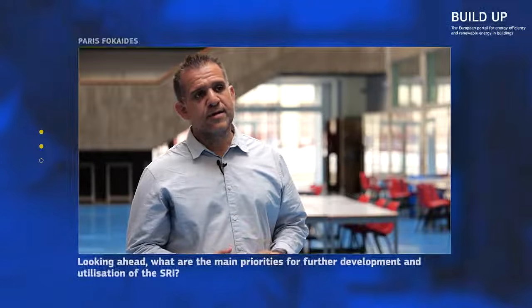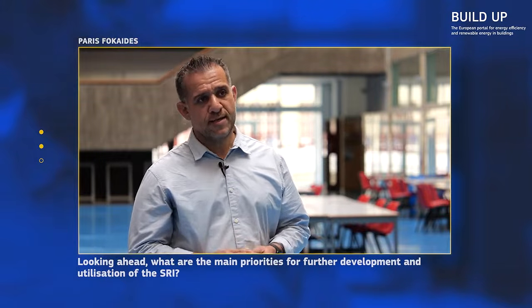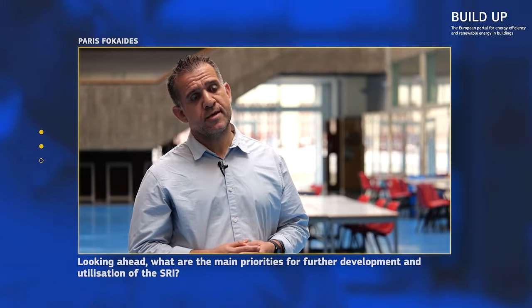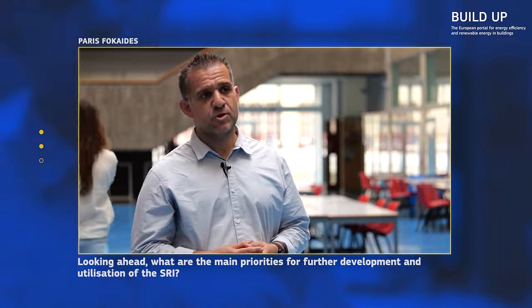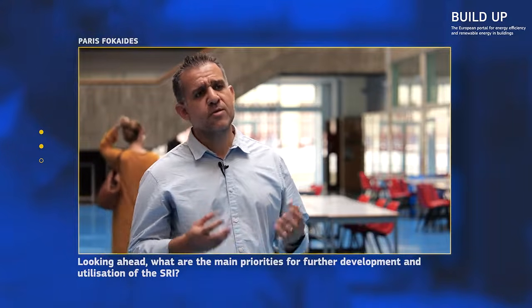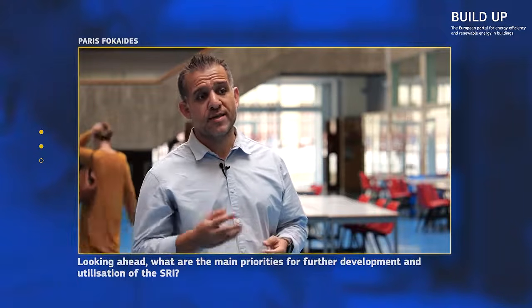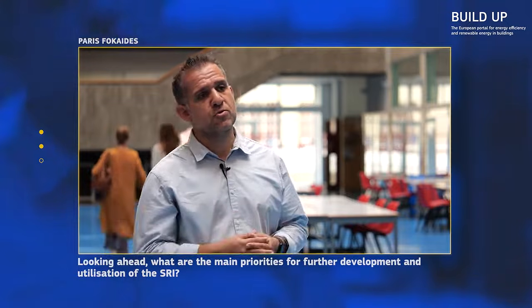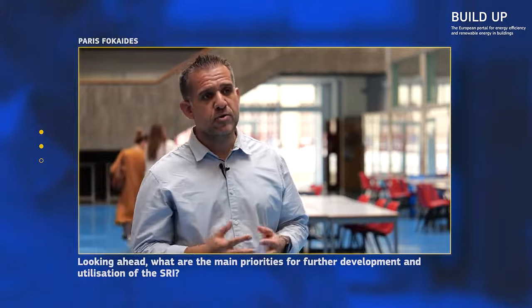So as of now, we have announced two methodologies for the SRI. That is the method A and the method B. Both methodologies are asset-based methodologies. That is, we define the smartness of buildings just by considering what equipment we have installed and the level of the smartness of the automation and control systems that we have installed in a building.